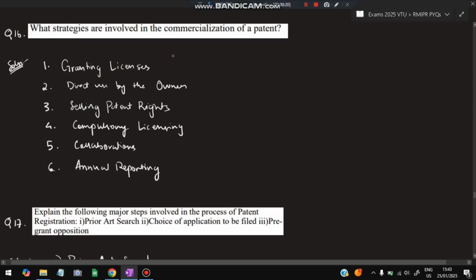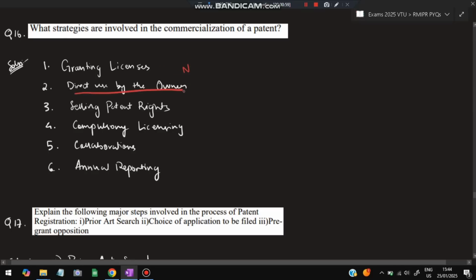Granting licenses means suppose you are the owner of a patent, and that patent is for manufacturing some kind of product. One company wants to manufacture that product, so that company will take a license from you. You give that license to the company so that it will be able to produce it, given that the company pays some amount of money to you. That is called licensing: giving permission to someone to manufacture that product for an agreed sum. There are two types: exclusive and non-exclusive. Exclusive means only one company will be able to use it. Non-exclusive means multiple companies can be given access at the same time.